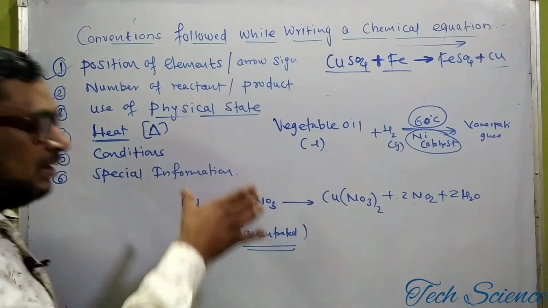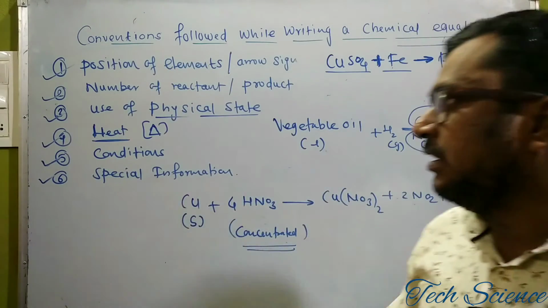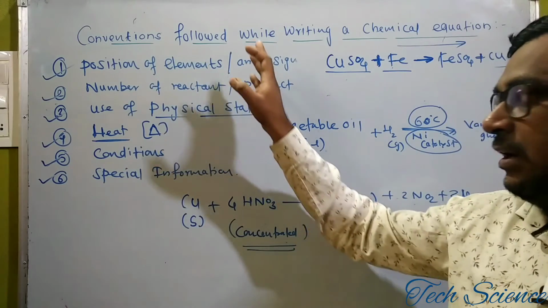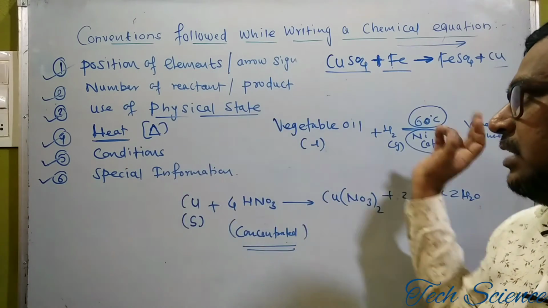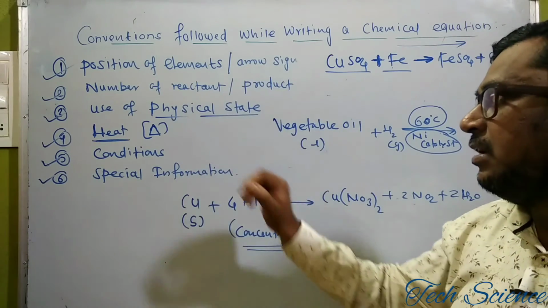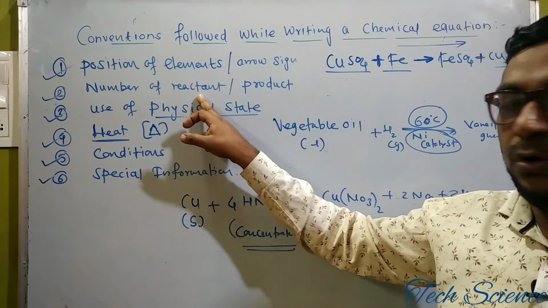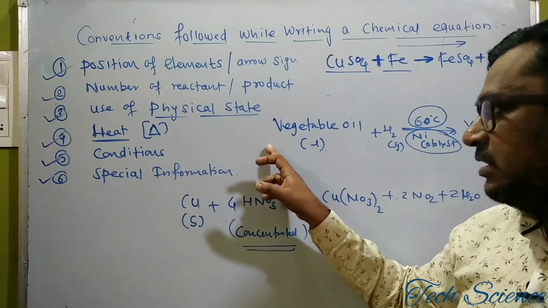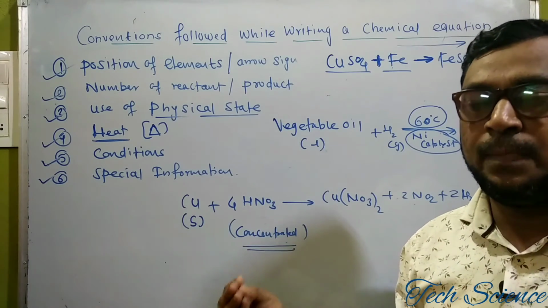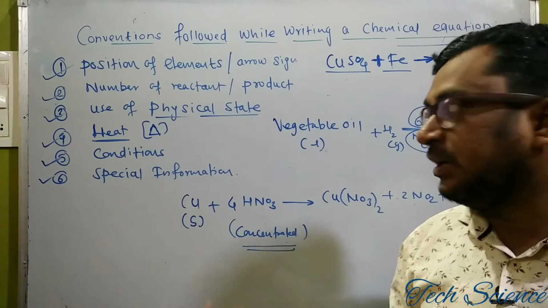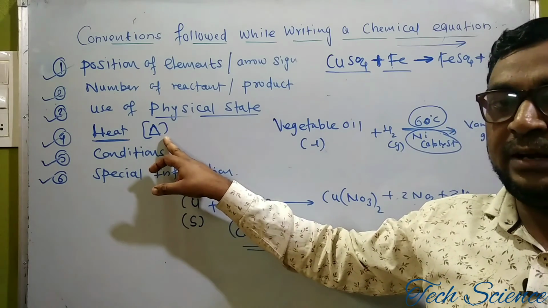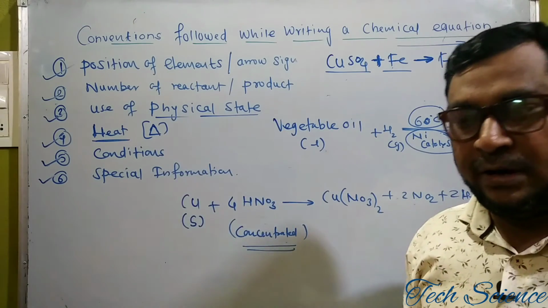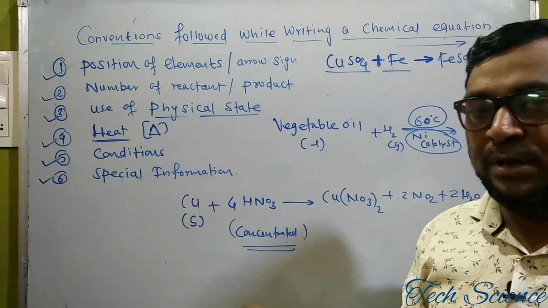So these are some of the conventions that you observe. In short, first of all, the position of elements: reactants you have to write on the left-hand side and products on the right-hand side. In between, you have to use the arrow sign. When the reactants and products are more than one, you have to use the plus sign. When you are writing the chemical reaction, always write down their state: solid, liquid, gaseous, precipitate, or aqueous solution, etc. Whenever there is a concept of heat, at that time on the upside of the arrow you have to use the symbol delta, or the liberation or absorption of heat. You have to mention it clearly.